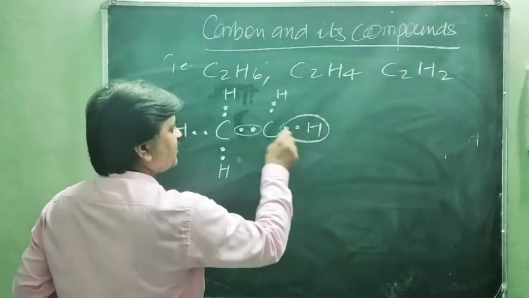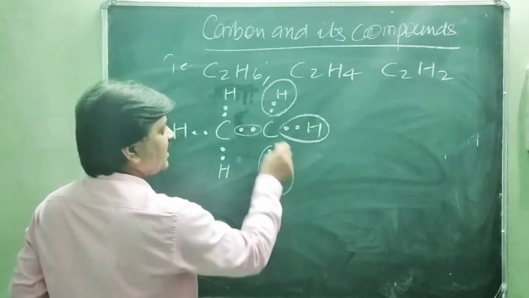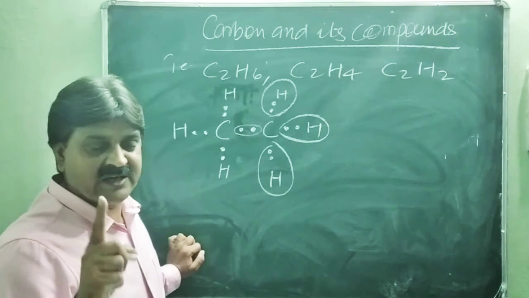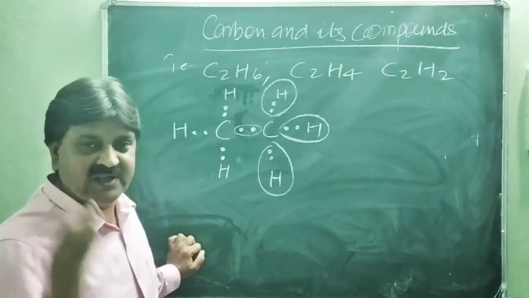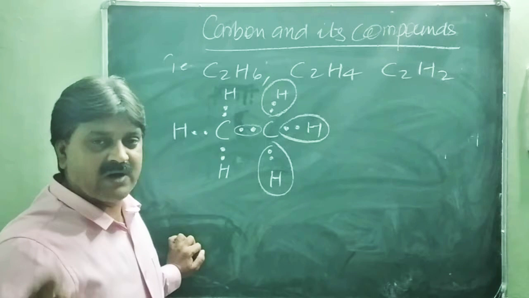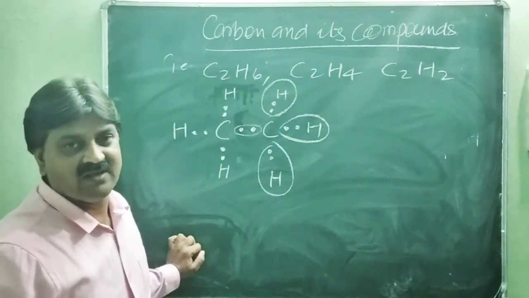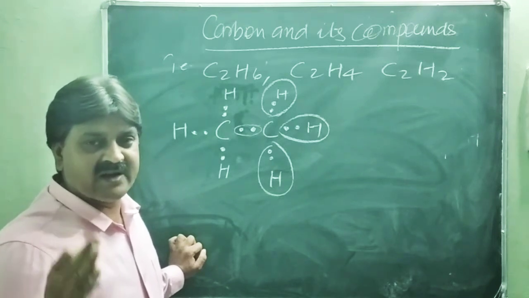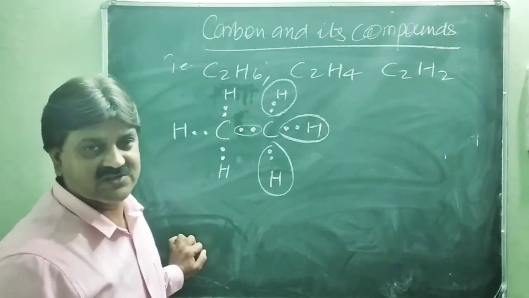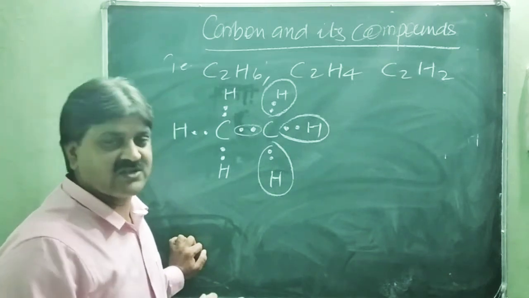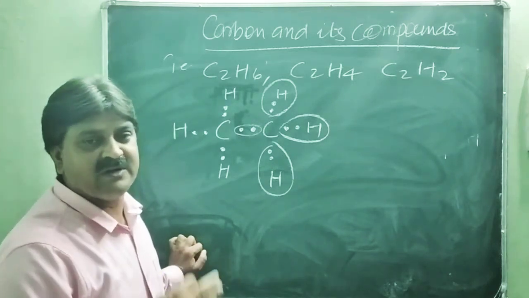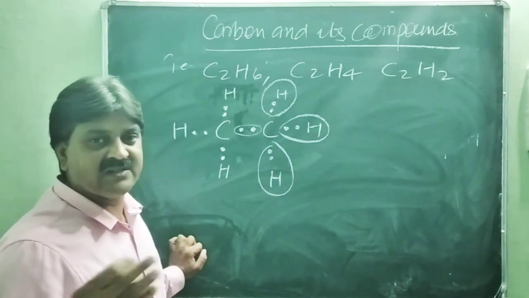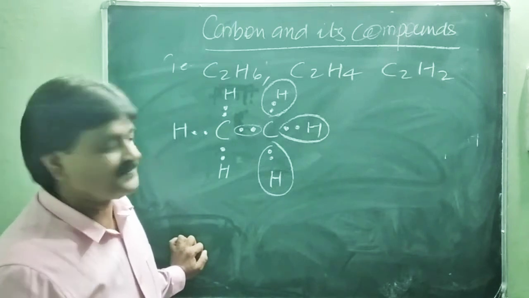So hydrogen completes its 2 electrons, like helium. Hydrogen tries to maintain the helium-like structure, because in the periodic table helium is found right next to hydrogen, and every element tries to maintain the zero group or inert gas structure. Except helium, every element of the zero group or inert gas has 8 electrons in its outermost shell, and every element before or behind the zero group, the noble gases, tries to maintain a stable structure just like the noble gases.